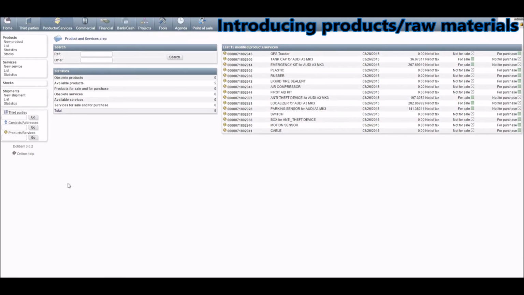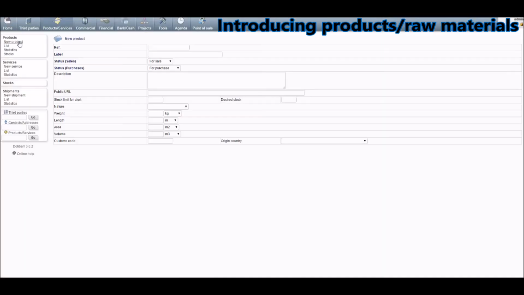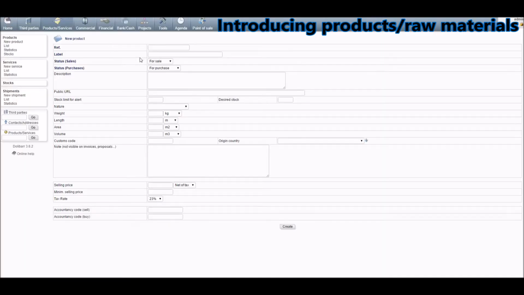After creating the company, you will need to create the company's products. For that, click on Products/Services. After clicking there, click on New Product, and this screen will appear. Insert all the relevant information to create a new product, such as reference, which is the reference that you'll search the product for,